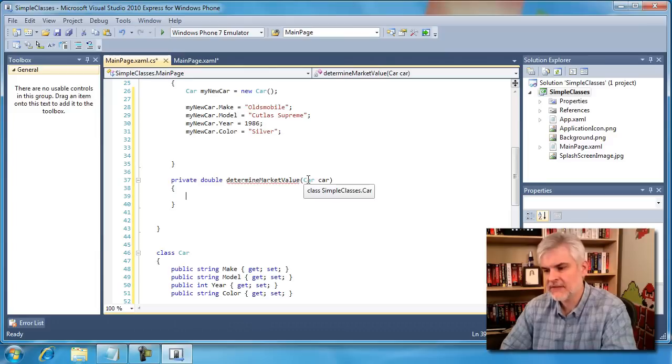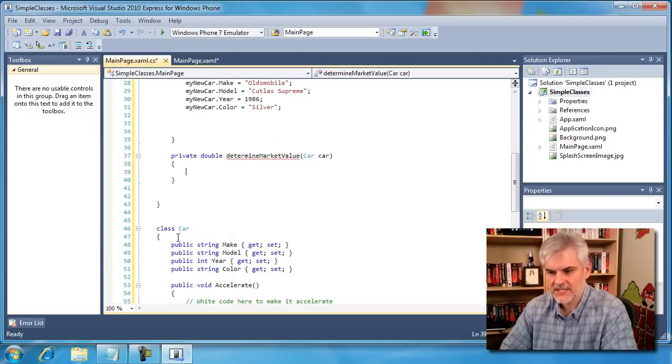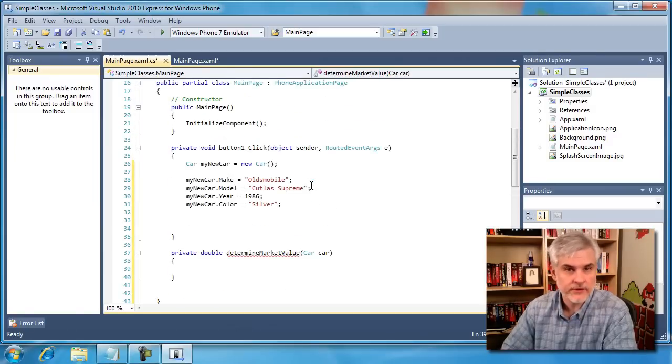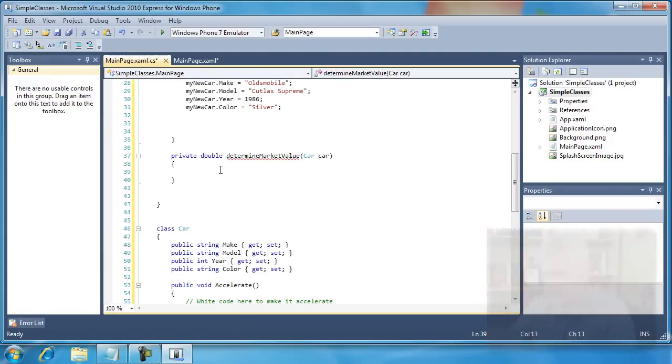Now notice that as I hover my mouse cursor over it, it recognizes this to be a class. So it sees the fact that I've already defined the car class down here in line 46, and now I'm able to use that as a data type, in this case as a data type for an input parameter inside of a private helper method that I created in a whole other class. All right, so here I'm not going to do anything all that exciting. Car value